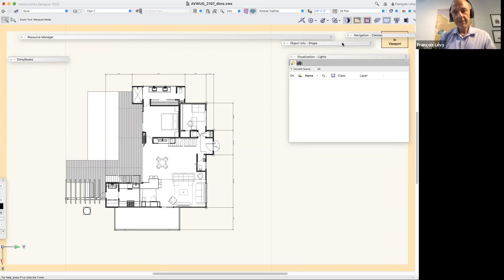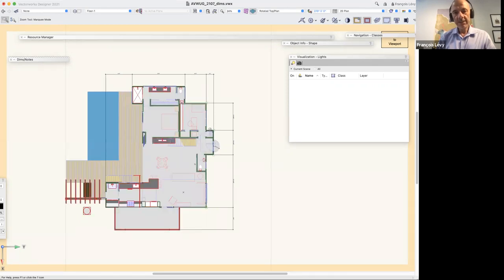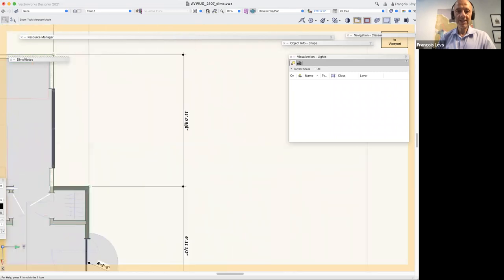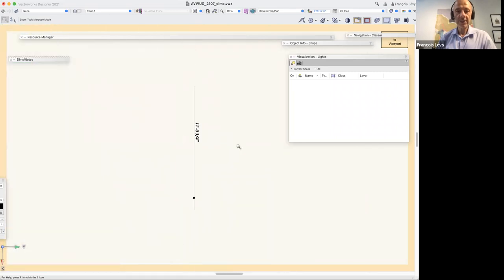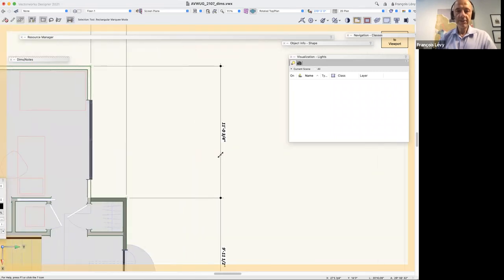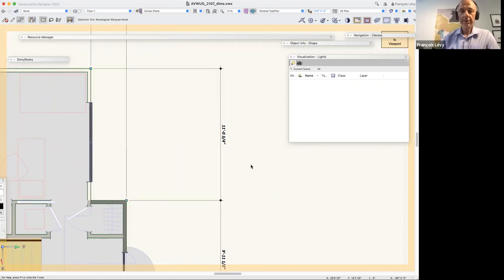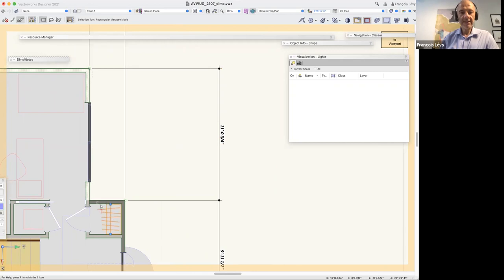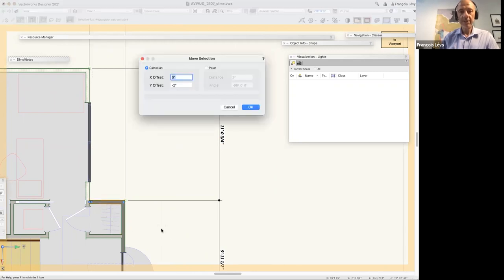You can see that there are these little green squares at these corners. Can everybody see that? Probably might be difficult to see on your screens. What that gives you is a visual cue that this dimension is actually associated to the geometry. Associating the dimension to the geometry is really cool because it means that if I move the geometry,